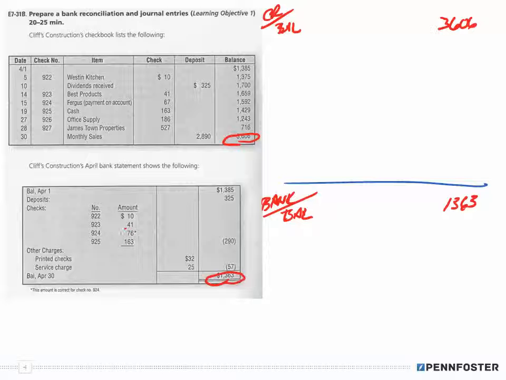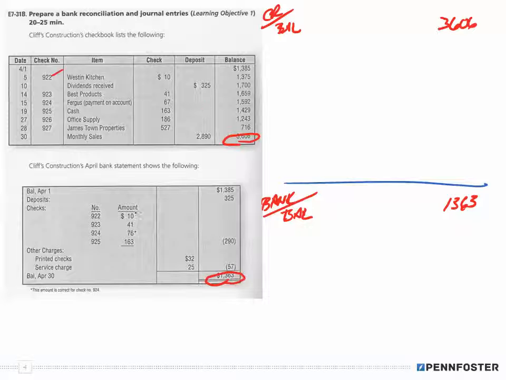That's why I wanted to put the bank on top, but the way I do it is you look in the check register and see if it's on your bank statement, and anything that is in my check register and not on my bank statement, I put into my bank balance. So let me do that. All right, so I'm looking at check number 922. Is it on